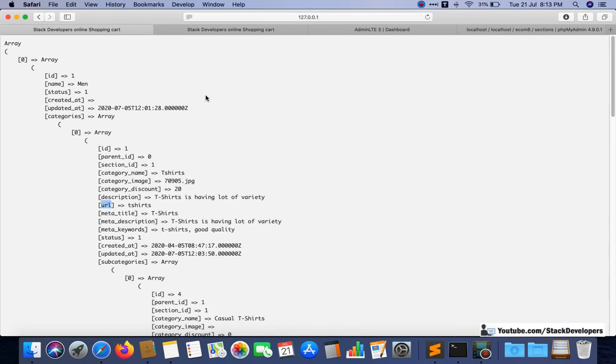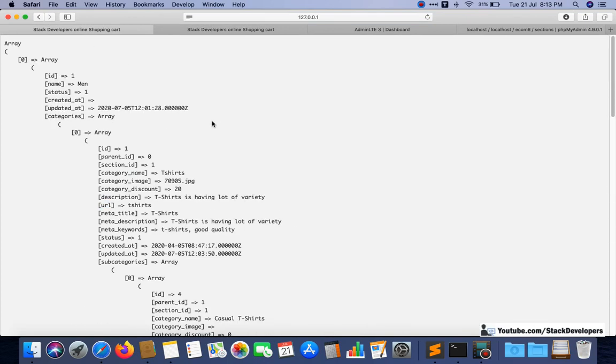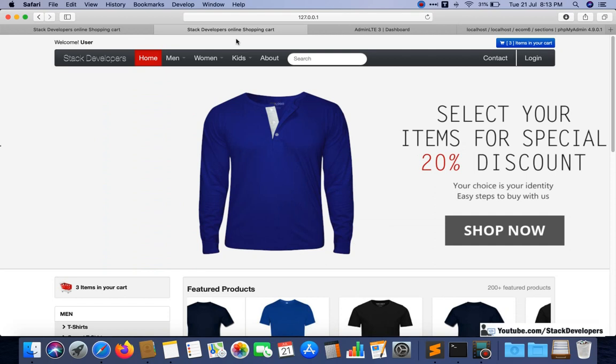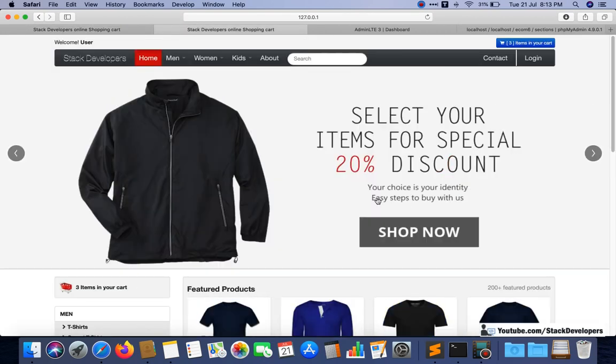So on one page I am going to check our array, so that I can pick the information from that array, and on the next page I am going to check it dynamically, to see whether it is working fine or not. You can also do it in the same way.